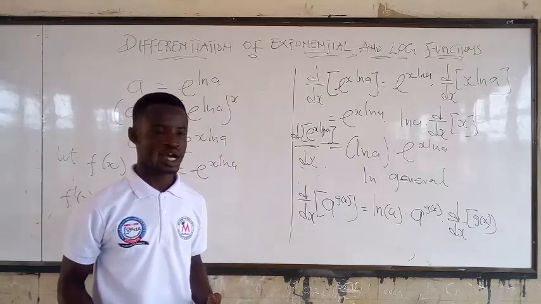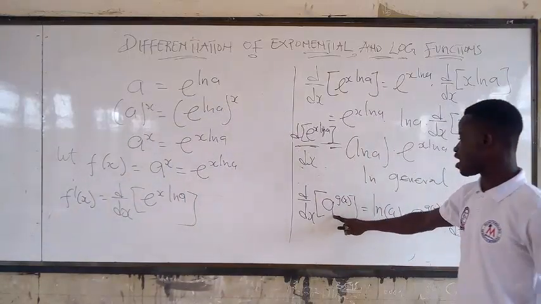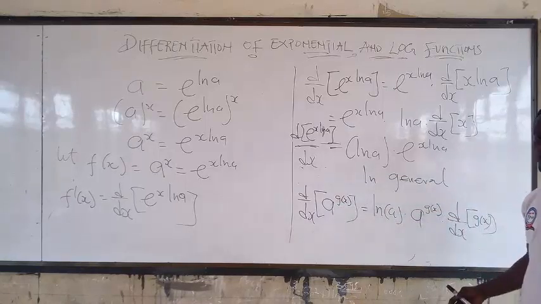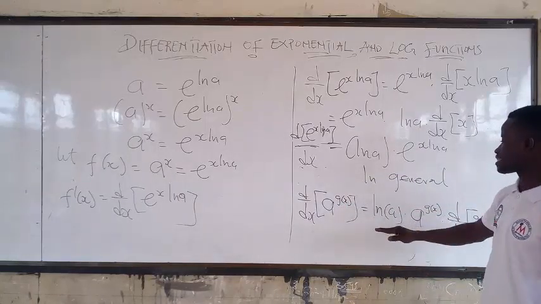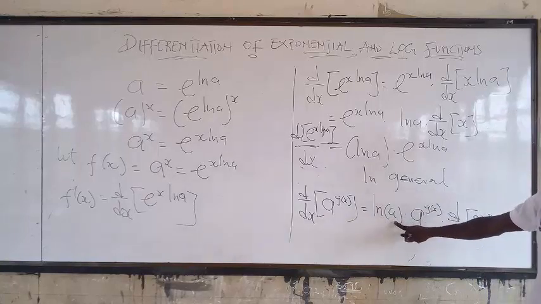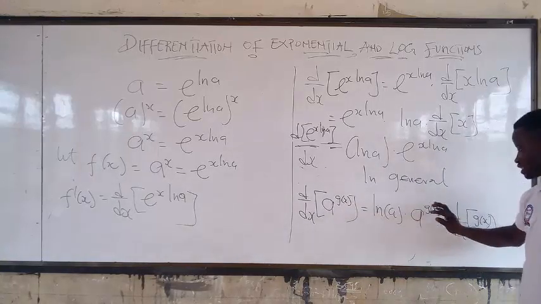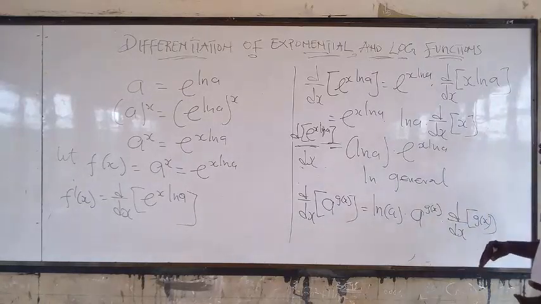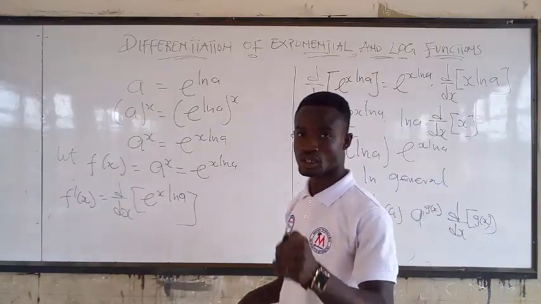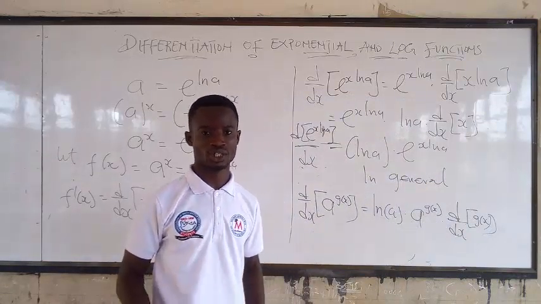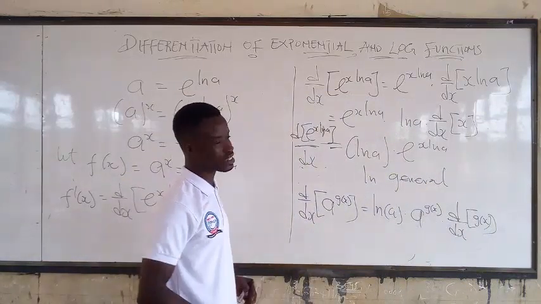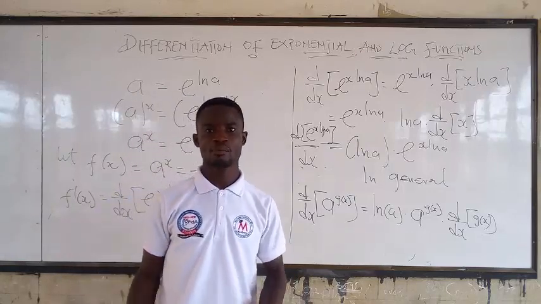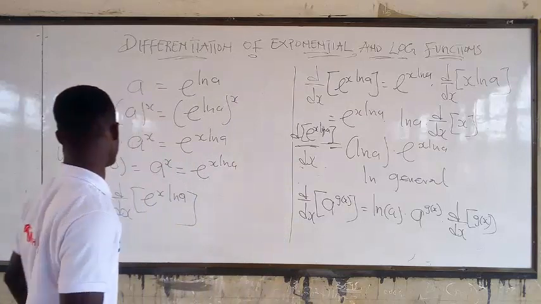It's just simple. Anytime you have a function, let's say a constant to the power of a function, you just take ln a of the constant, repeat everything there, and take the derivative of the what? Of the function. That's how it is. So now, I'll be back so that we see how we can use this idea to derive a lot of what? Questions. But before that,